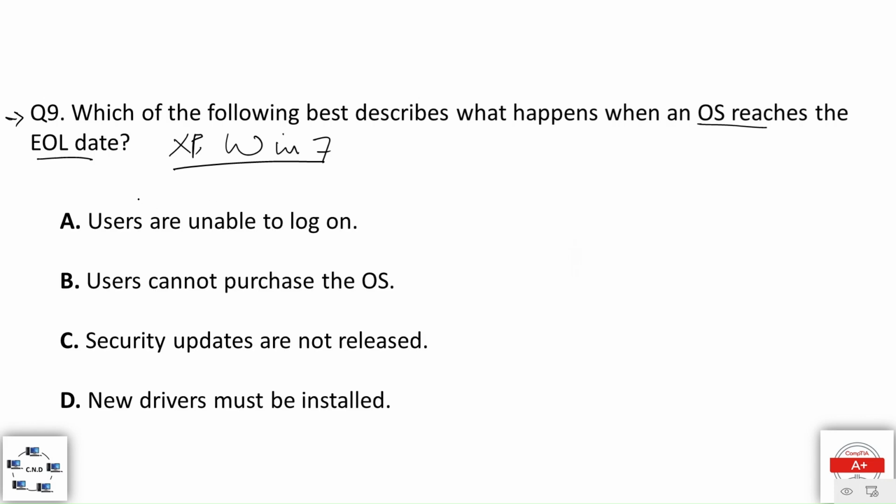And the options are option A, users are unable to log in. Option B, users cannot purchase the OS. Option C, security updates are not released. And option D, drivers must be installed. And the correct option is